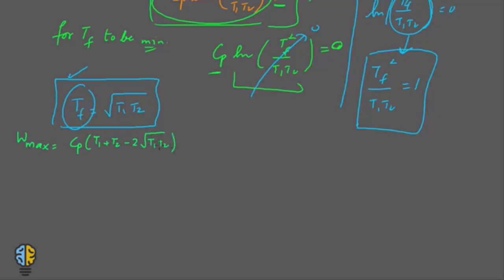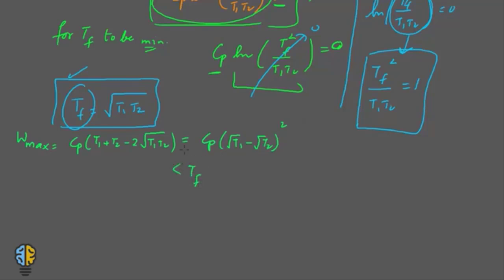Okay, so if you manipulate this algebraically, this is nothing but Cp into under root T1 minus under root T2, whole square. So this is the maximum work that can be attained from a system with two bodies at finite temperatures T1 and T2. Now this means the final temperature of the body, that is Tf,